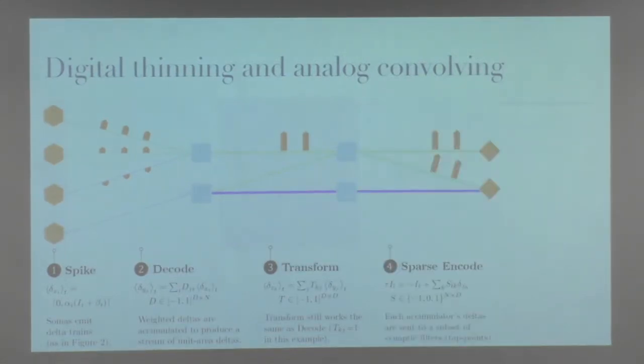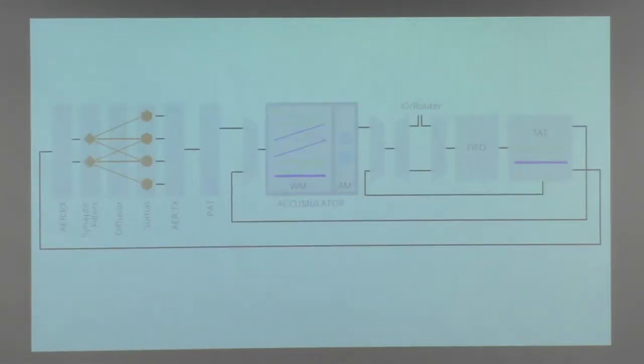And then we take those and we send them not to all the neurons in this layer, but to these few synaptic filters, and then we use the analog convolution to mix different weighted combinations of these 2 signals and deliver them to each neuron. That gives us these encoding directions. And we can do it in 3D. We can do whatever dimensionality that you want. We don't have time to get into it.